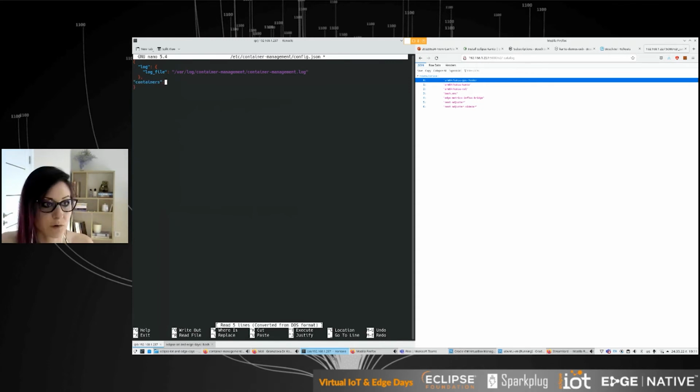we need a simple configuration, which is actually very similar to something you would see in Docker. And this is the IP of my registry.